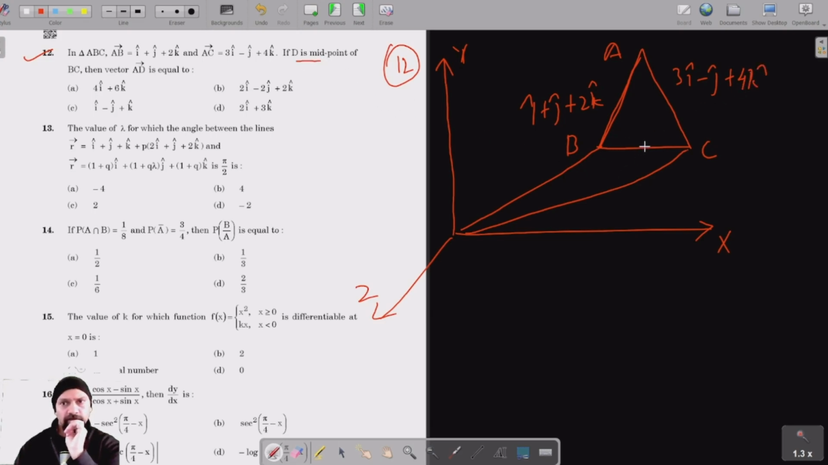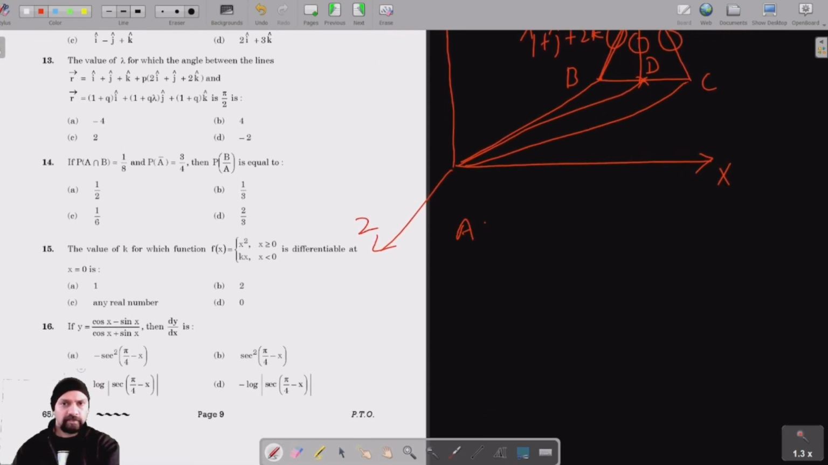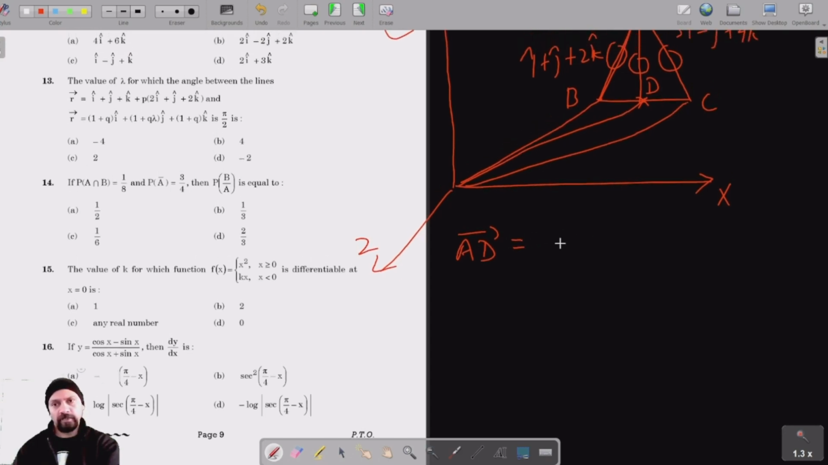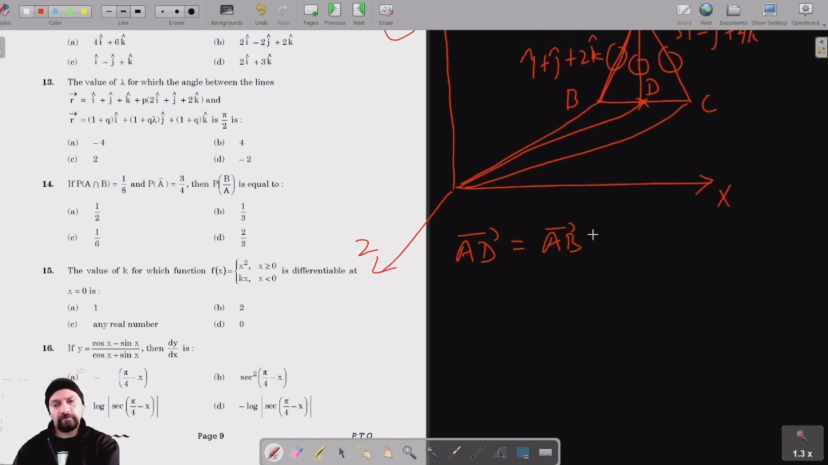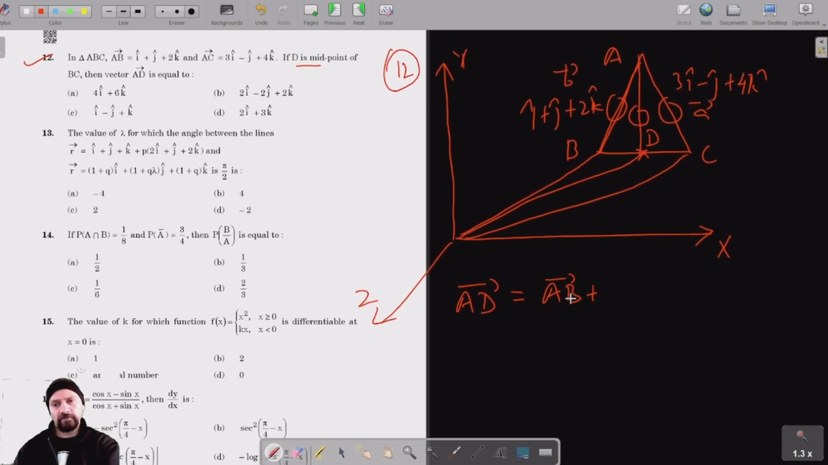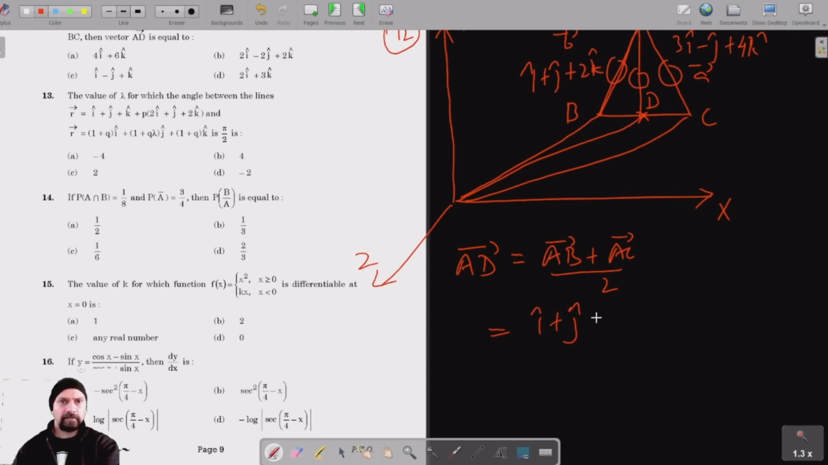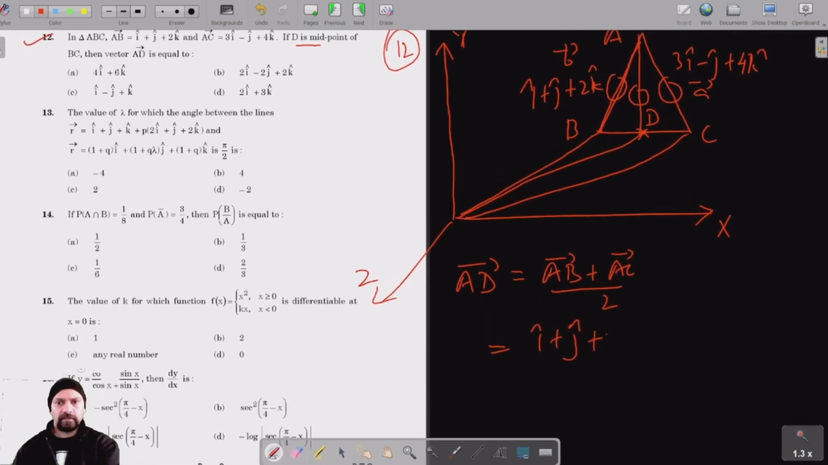Now D is the midpoint. We have to find the position vector of AD. So the position vectors of AB and AC are given, and we have to find the position vector of AD. And we know that the position vector of AD, when D is the midpoint, is given by AB vector plus AC vector divided by 2,